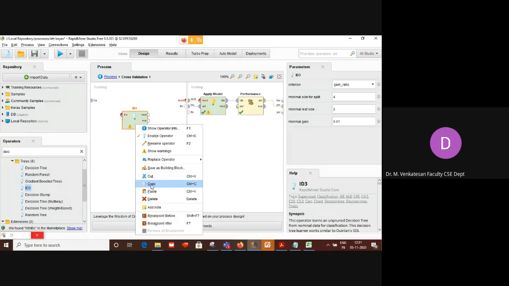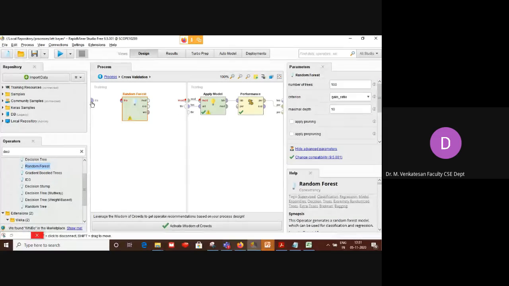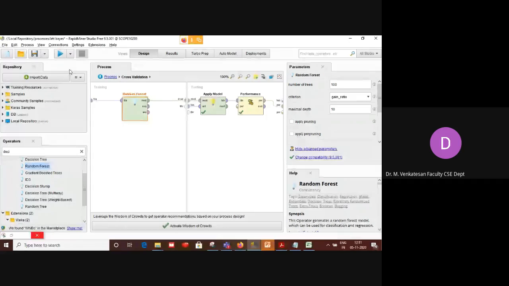But there are some classification algorithms that are not suited for categorical data, so then you have to go for a particular model. So there are many things there. Random forest you can check. It may take some time.